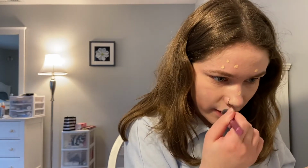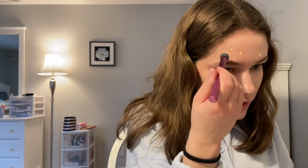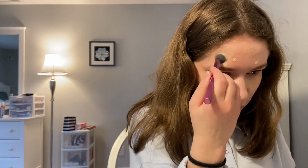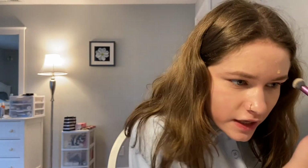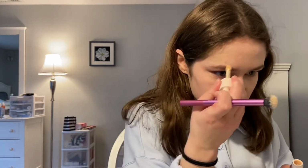So I kind of want to try the Rare Beauty foundation so I can just dot it on the same way I would spot conceal. But sometimes I don't like the feeling of a liquid foundation on my skin. Even if it's a low coverage one, you can still feel the texture, and those will be more glowy maybe if it's a tinted moisturizer or dewy and it won't set. Sometimes I just don't like the feeling of a lot of makeup on my face, and if I can get away with just concealer, I will, and that's why I purchased the Fenty Beauty concealer,